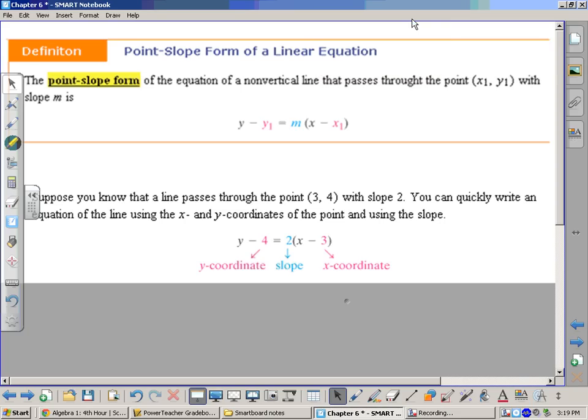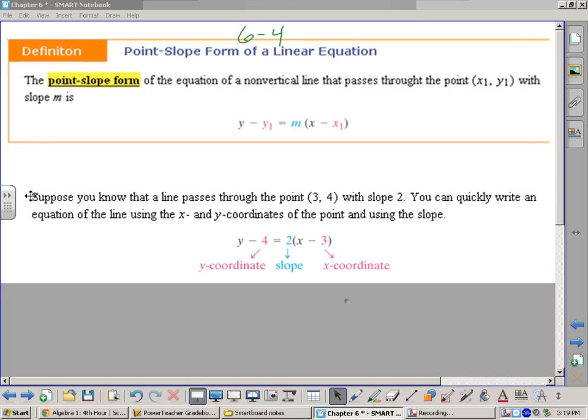Good afternoon, class. Today's lesson is from section 6.4, and it's referring to a third type of equation of a line. We've talked about slope-intercept and standard form. Today, we're going to talk about point-slope form of a linear equation, where they give you a point,